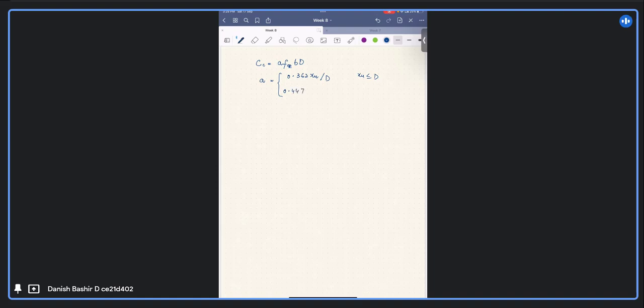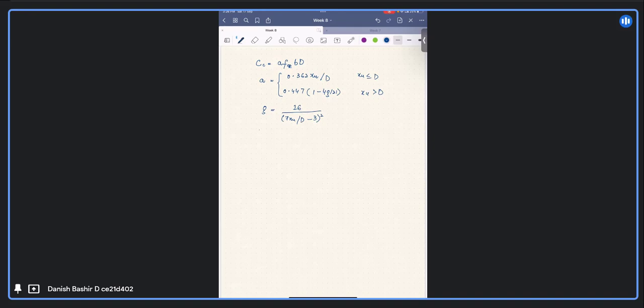Or it is given as 0.447 1 minus 4G by 21 if XU is greater than D. Okay, there is another factor, G. G is given as, these all formulas are given in code, 16 divided by 7XU by D minus 3 by 7 whole square. Okay, and